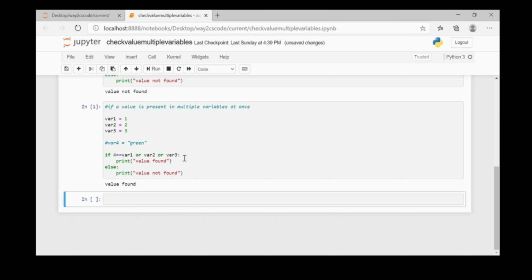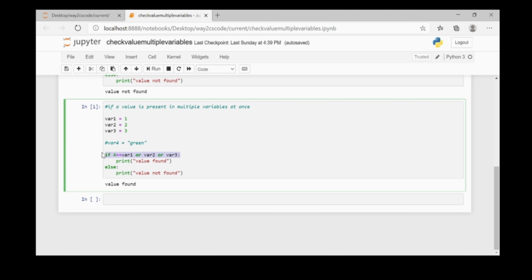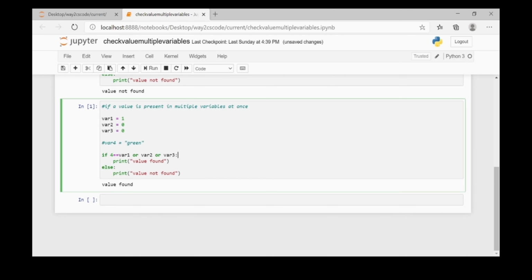So any time we are comparing the variables with a value using such a clause, we have to be very careful about this. Now suppose variable 2 and variable 3 were zero values.